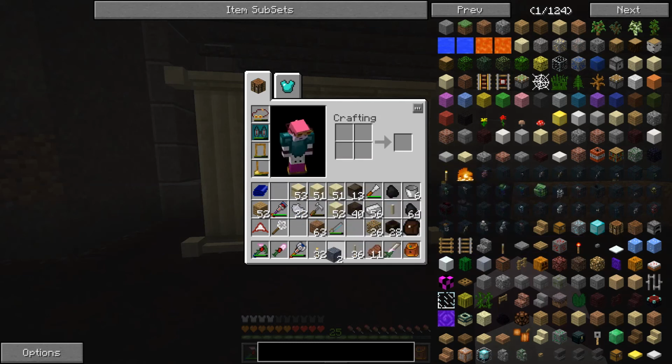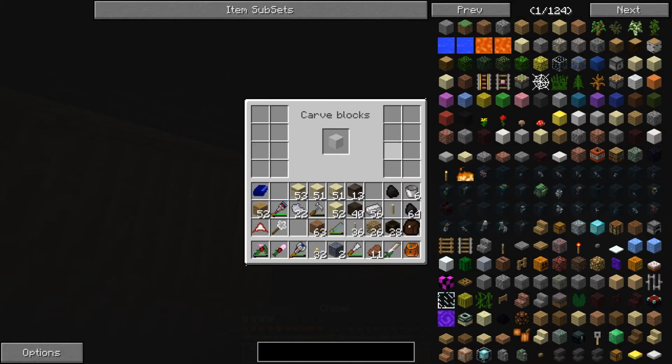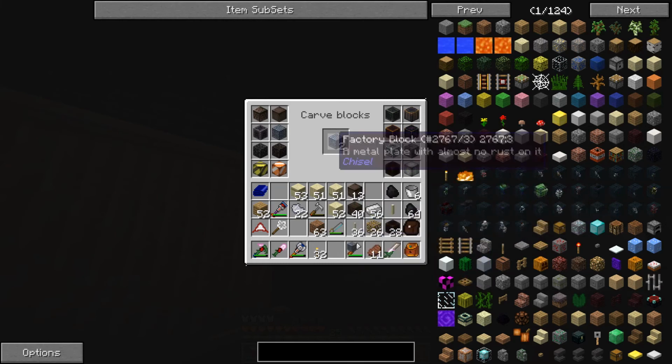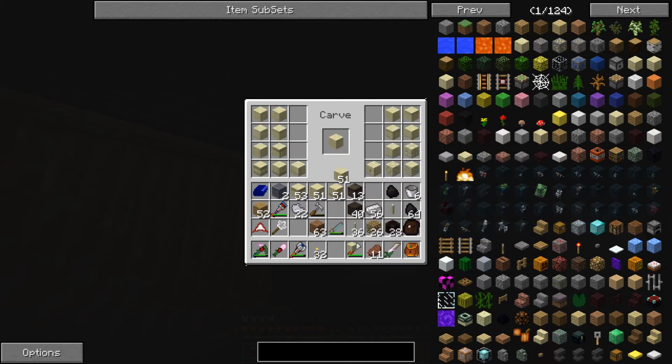Which one would it be? Almost done. I used a different block for this before, and I haven't found one that I really like. We need something that's kind of metallic looking, but not really in the way. Maybe we'll actually switch to...